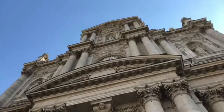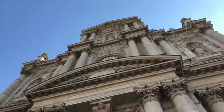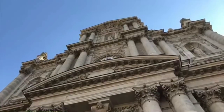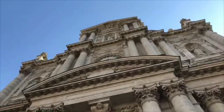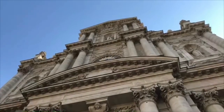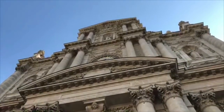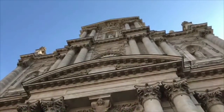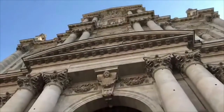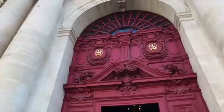St. Paul St. Louis is from the 1640s. A classic example of the church coming during the Baroque period in Italy and all of Europe, really. And basically coming with these big, over-the-top, dramatic, theatrical facades, essentially to counter reform over the Protestants who were sticking it to the church. And the church said, no, we are the big dogs, and they started building these enormous facades. So St. Paul St. Louis,